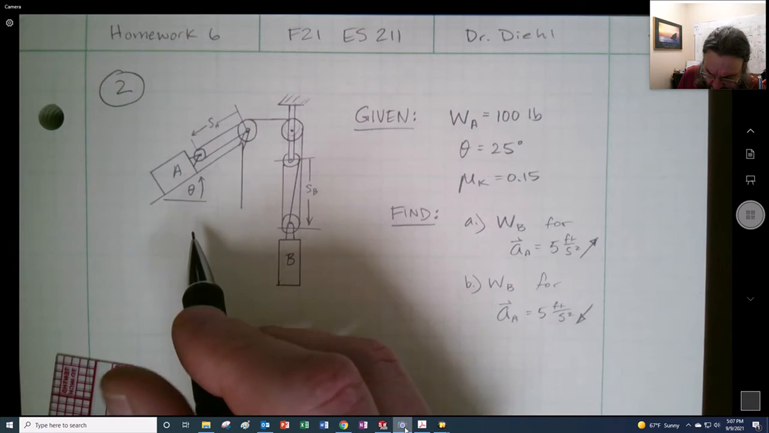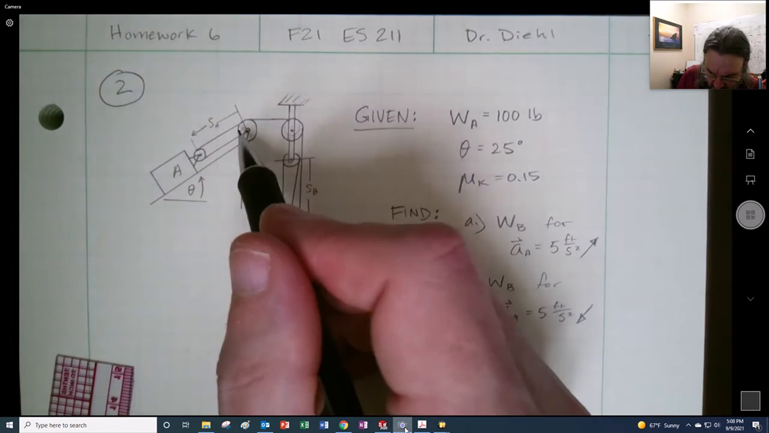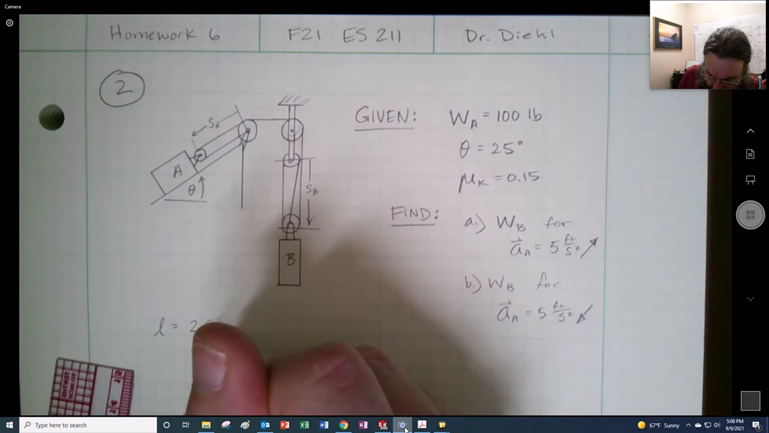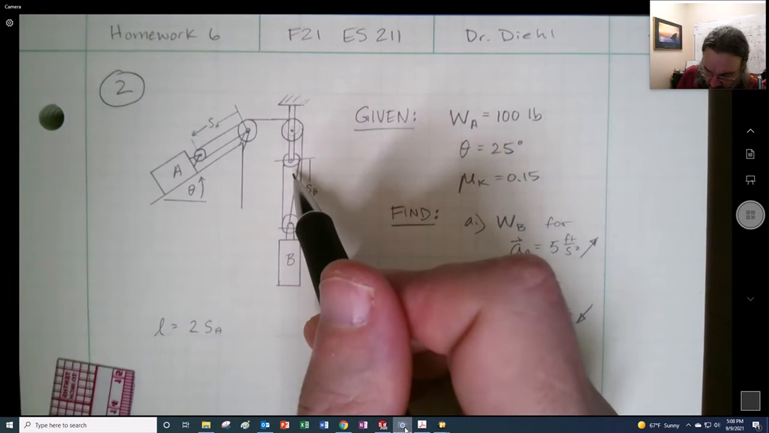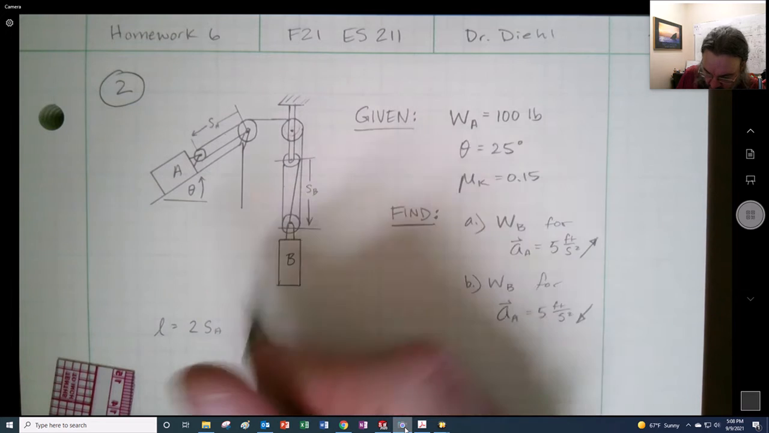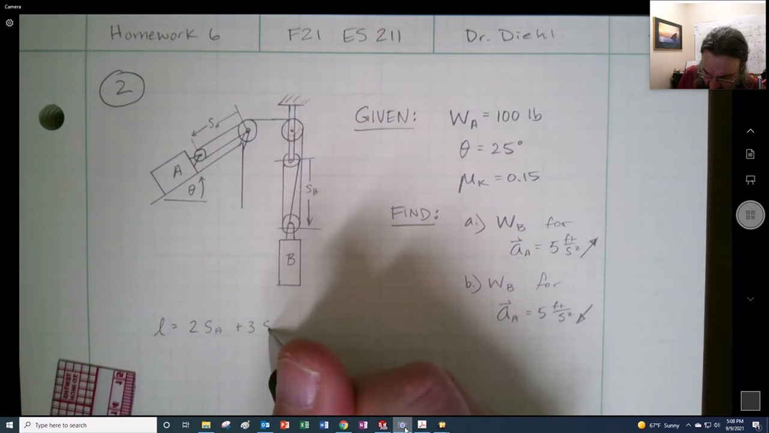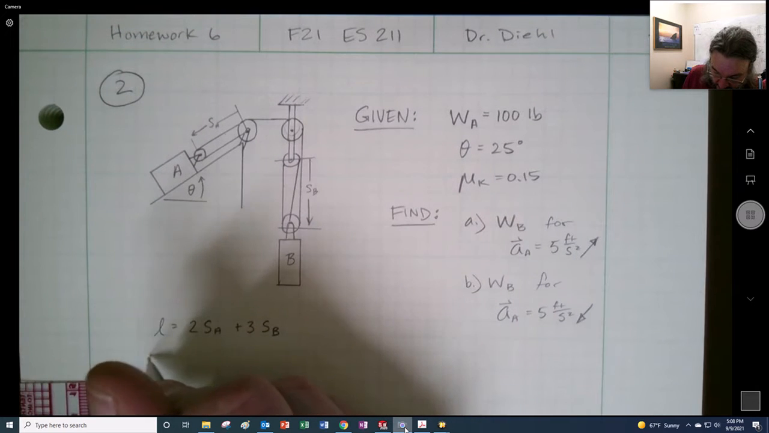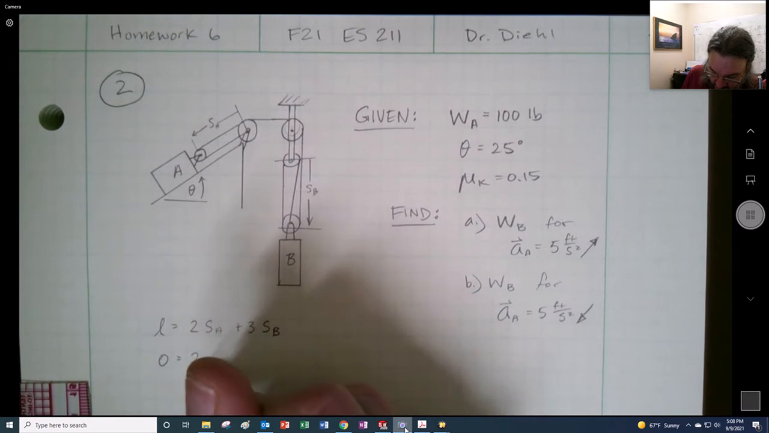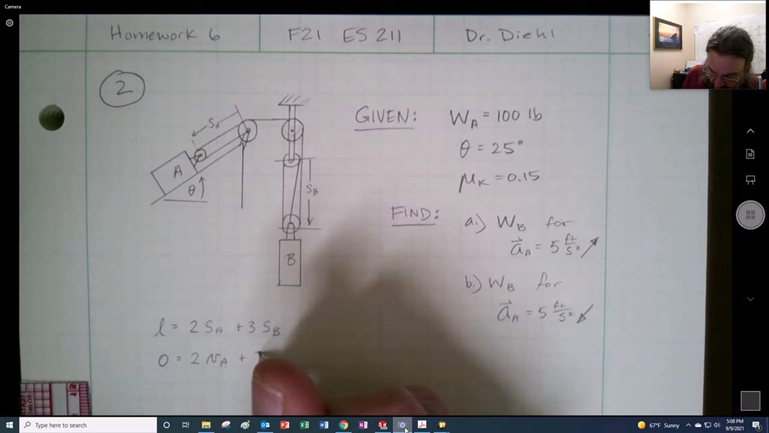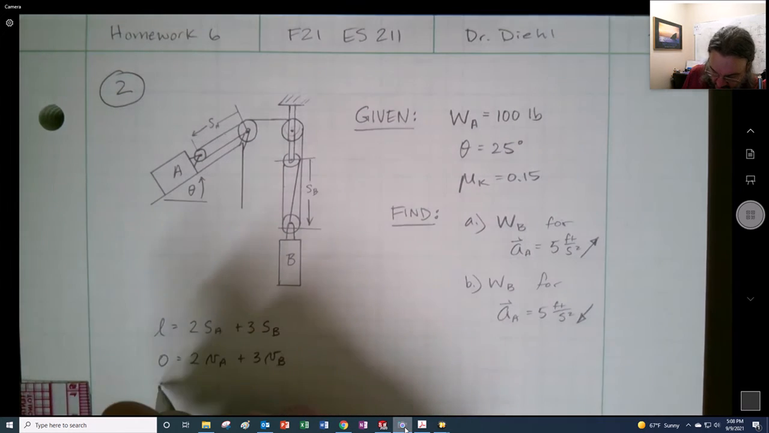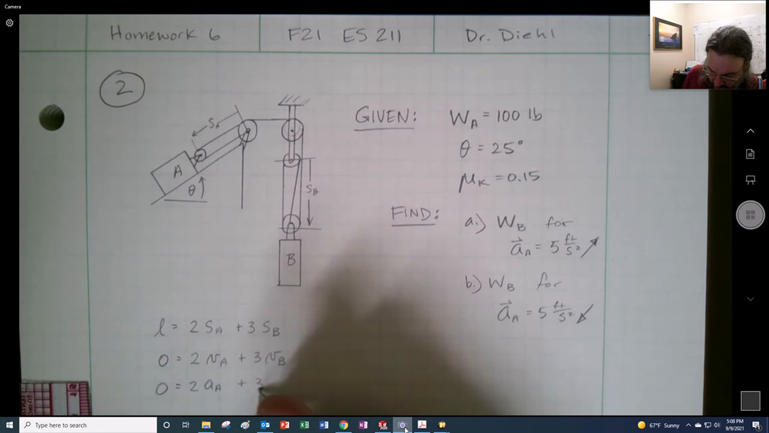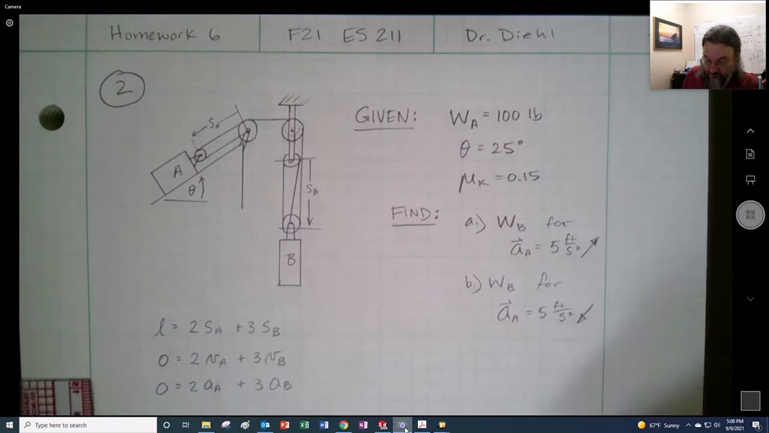So looking at this right here, it appears to me that for the length of the cable, we're going to have 2 SAs and we're going to have 3 SBs. And if we take the derivative of them, we could say that we're going to have 2 VAs plus 3 VBs. Take the derivative of that again, and you have 2 AAs plus 3 ABs, right? Therefore,